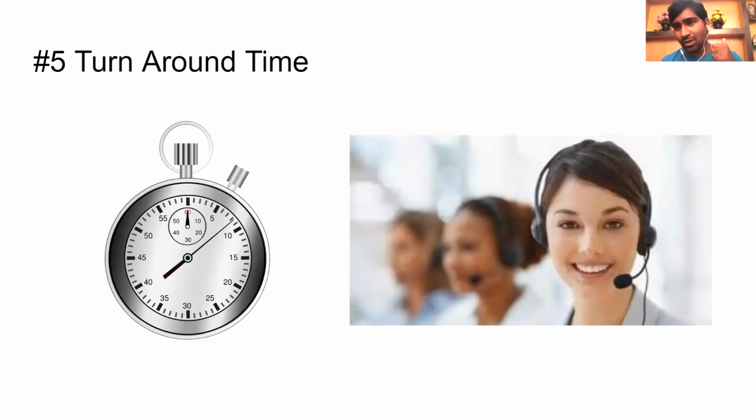So when you call these guys immediately within seconds, you are able to know the seriousness of your prospect, whether they are serious or not. Like in case of real estate, do they want to buy the flat immediately, or maybe after 1 month or 2 months, or maybe after 3-4 months, or have they given the details just to know the price and other details?